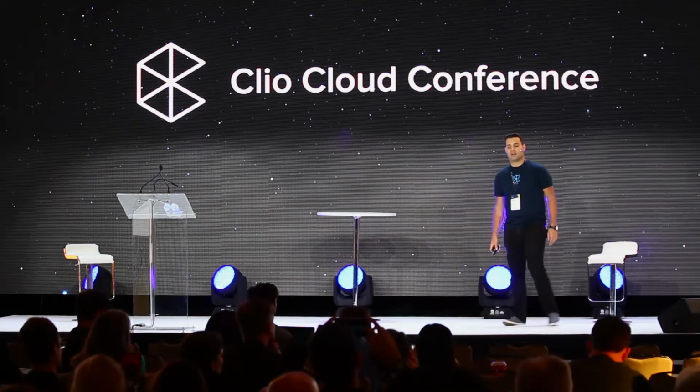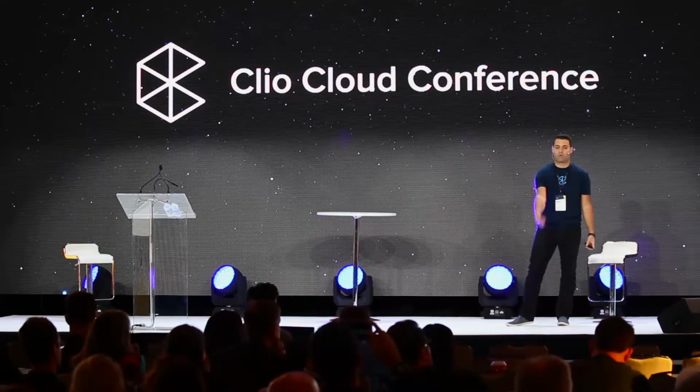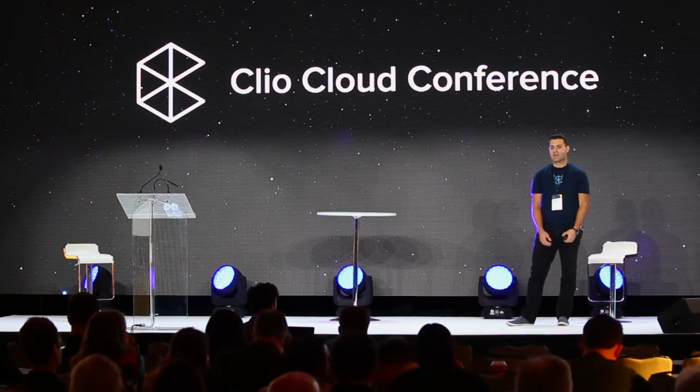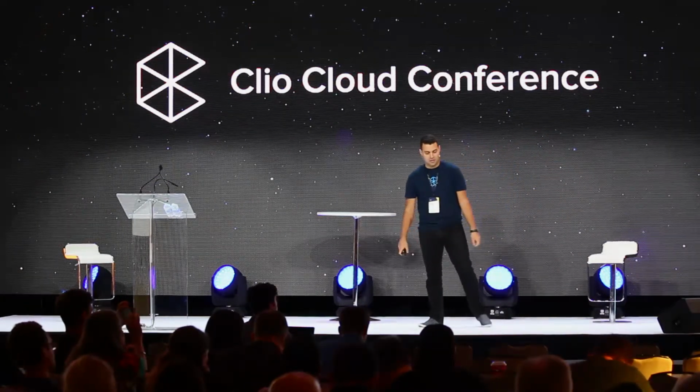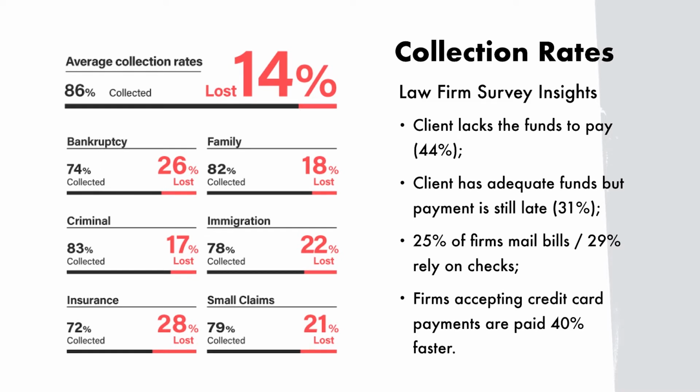Diving into that a bit further, I know it's like the highest performing ratio, but to me, I look at collection rate as one of the areas that's just the most straightforward to try to improve. It's the place that hurts the most. It's the work that you put on an invoice that you didn't get paid for, and it hurts me looking at 86% as a collection rate. So these are the bottom areas as we discussed, and what the rates were, so how much was collected and how much was lost. We took advantage of our law firm survey to ask a few questions here as well.